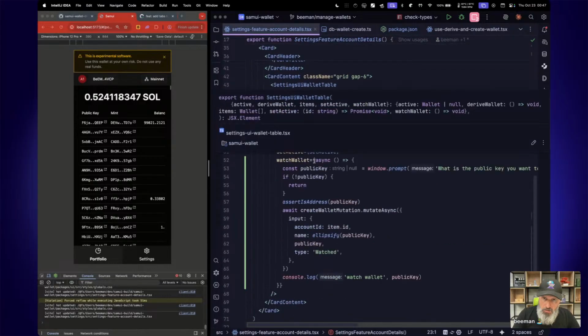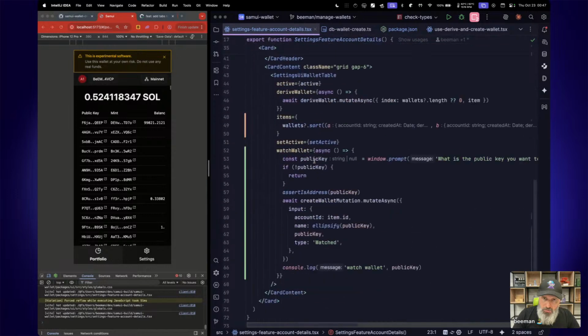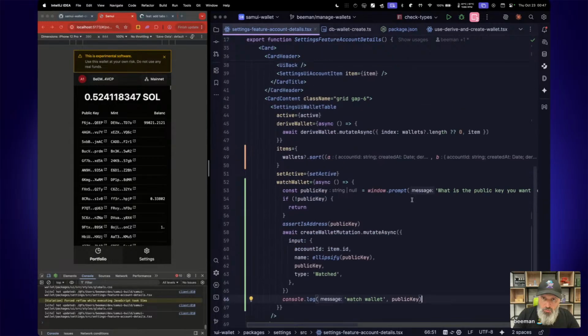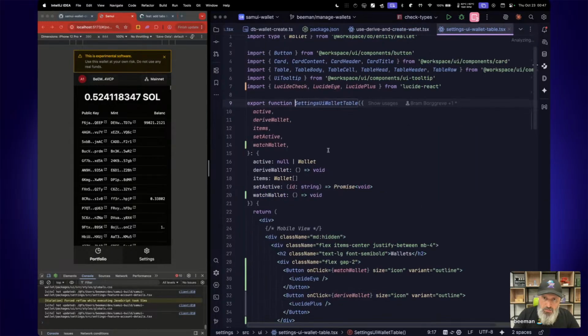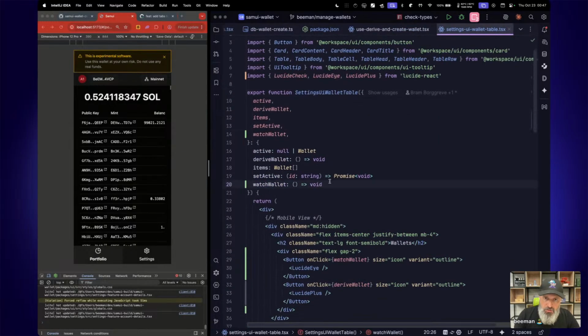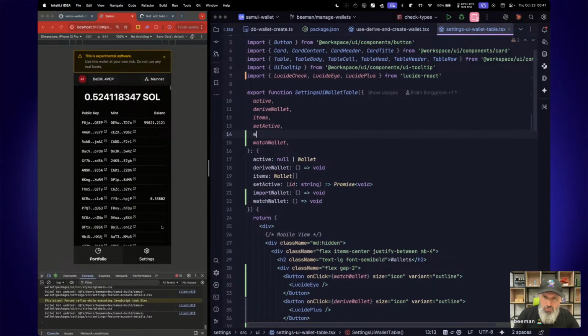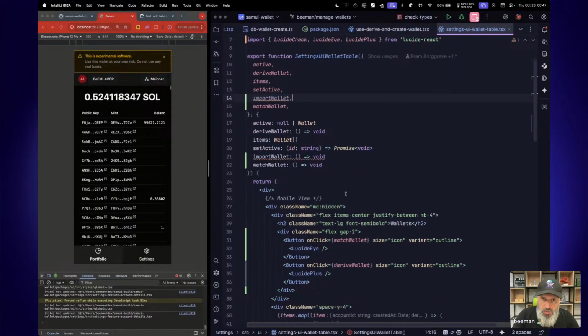Another thing that I want to do, while I'm at it here, I might as well add import, because I didn't really figure it was going to be so fast. Import wallet shouldn't really have surprised me because it's a fairly easy feature, right? But still,